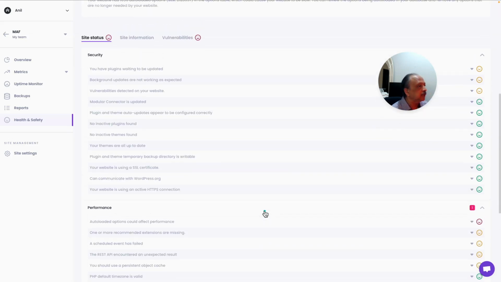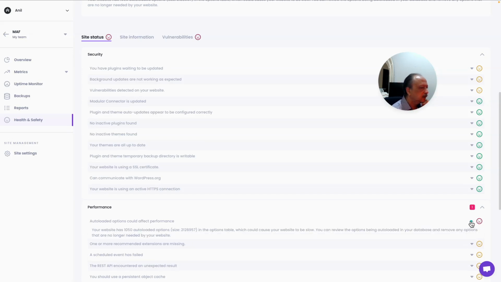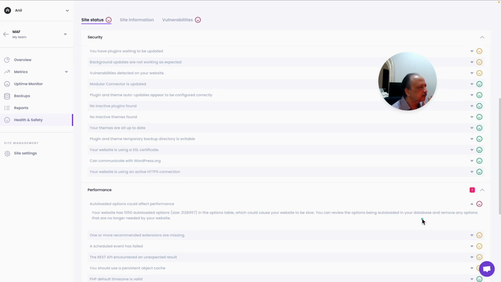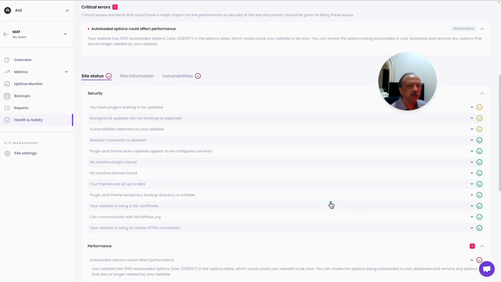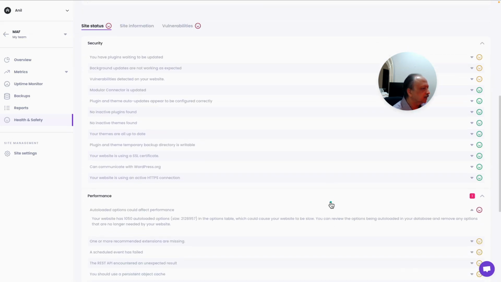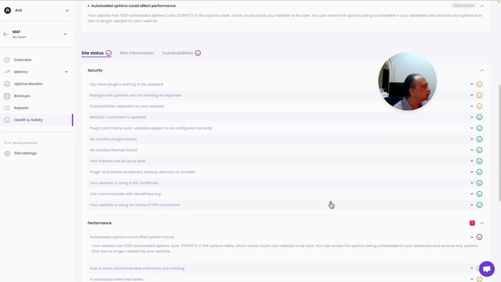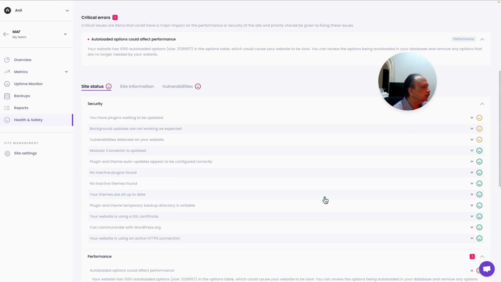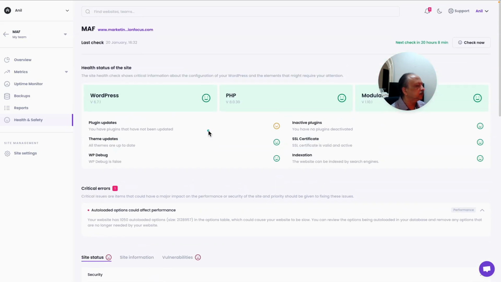So it's just telling me right here, so I can find out about all the things that are not up to snuff, and one could dig a little bit deeper. It does give you some information. It doesn't tell you how to fix it necessarily, but it has some guidance. And then, if you know what you're doing, well, in my case, I'm still learning some of this stuff, but it gives you all that you need. So a lot of options here, a lot of information here in one place, for you to handle or manage your WordPress websites, whether it's yours,